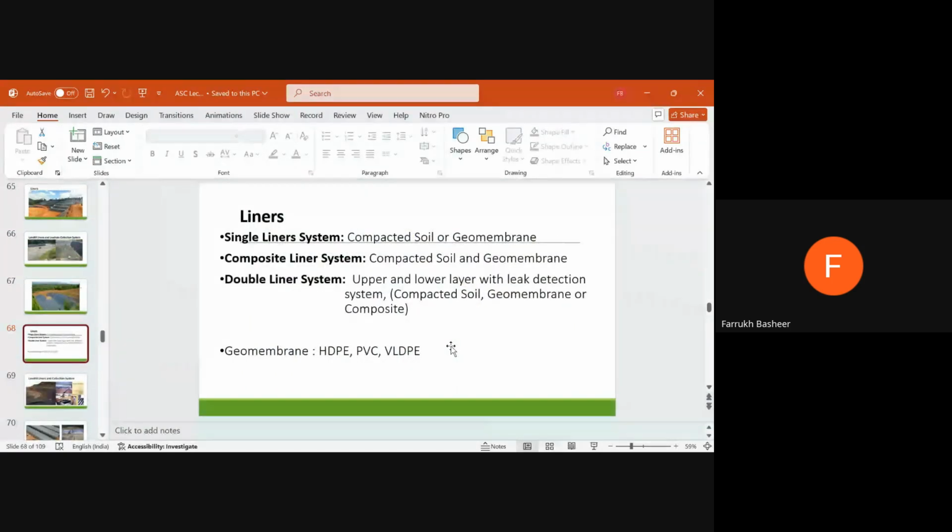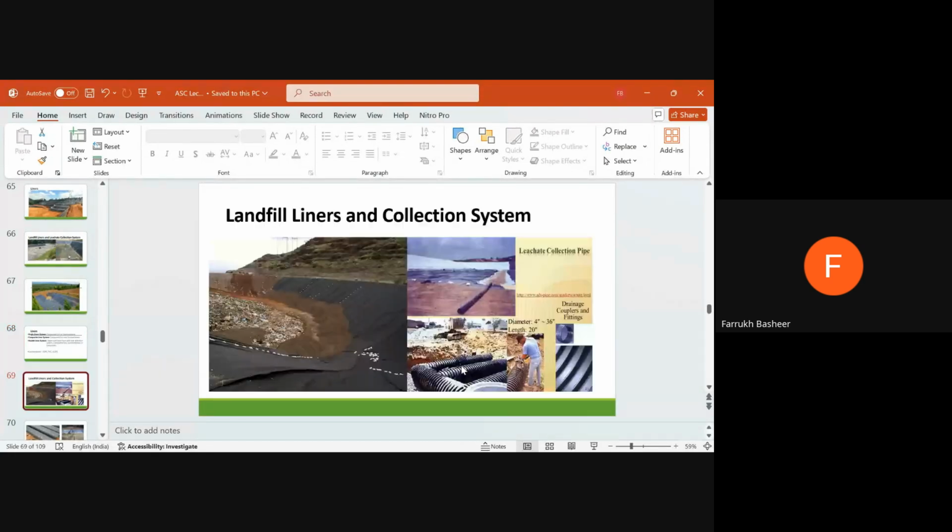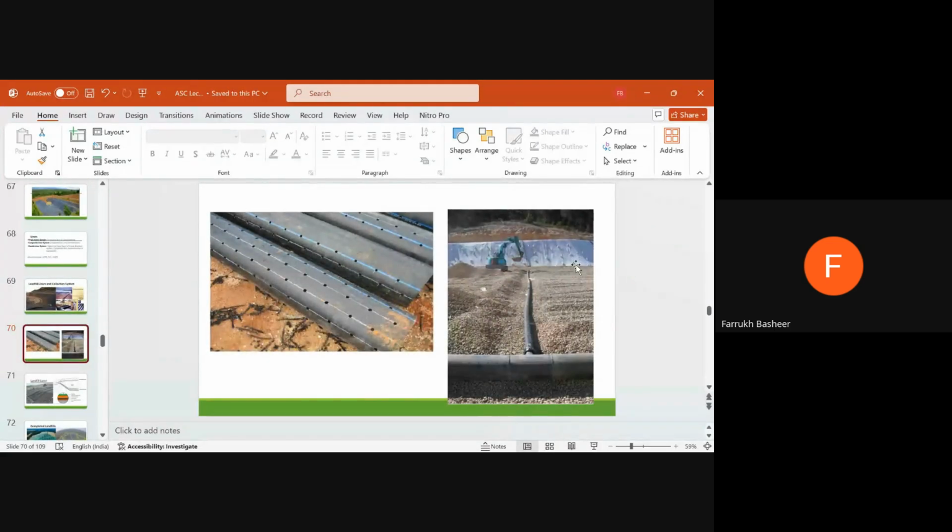लाइनर्स can be a single liner system. एक लाइनर हो सकता है, कंपोजिट हो सकता है, कई लेयर्स हो सकती हैं, depending upon your requirement. So materials like HDPE and PVC are being used. These types of pipes are being used. They are perforated, so the leachate can pass through them. These are the perforated pipes. Here you can see there are holes, and all the leachate will pass through this, and solid waste will be dumped over it. And finally, after the whole process is completed,